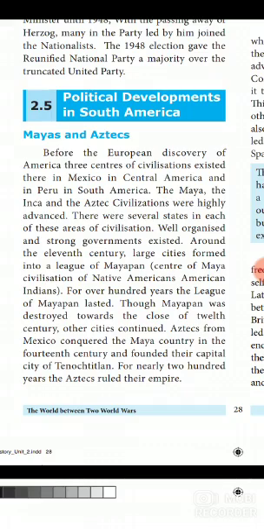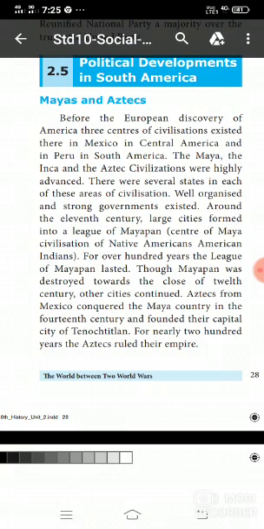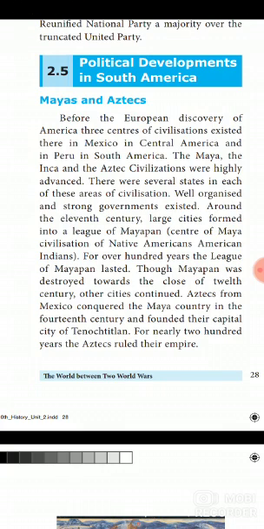Okay, there were several states in each of these areas of civilization, spread out across these civilizations. A well organized and strong government existed at that time. Around the